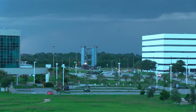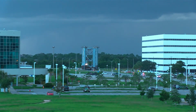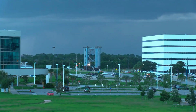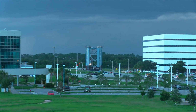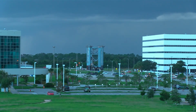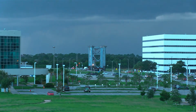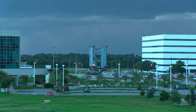And now, as a thunderstorm is approaching the Kennedy Space Center this evening, the move is getting underway a little earlier than the previous moves, perhaps to beat this incoming inclement weather. You may be able to hear some of the wind noise from my microphone as this storm builds just to the north of the Kennedy Space Center. There's currently no precipitation over the Space Center, but there is some lightning off to the north. Not sure if that's any risk for this move, but apparently SpaceX doesn't believe so, because they're proceeding with